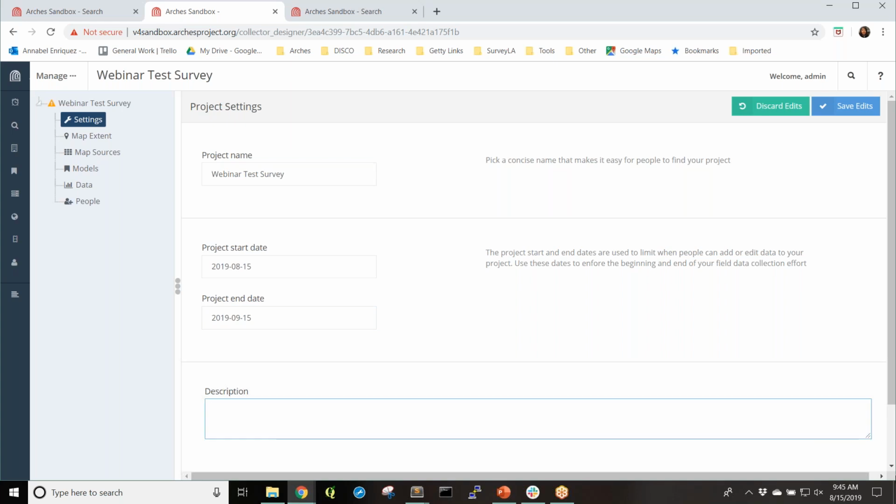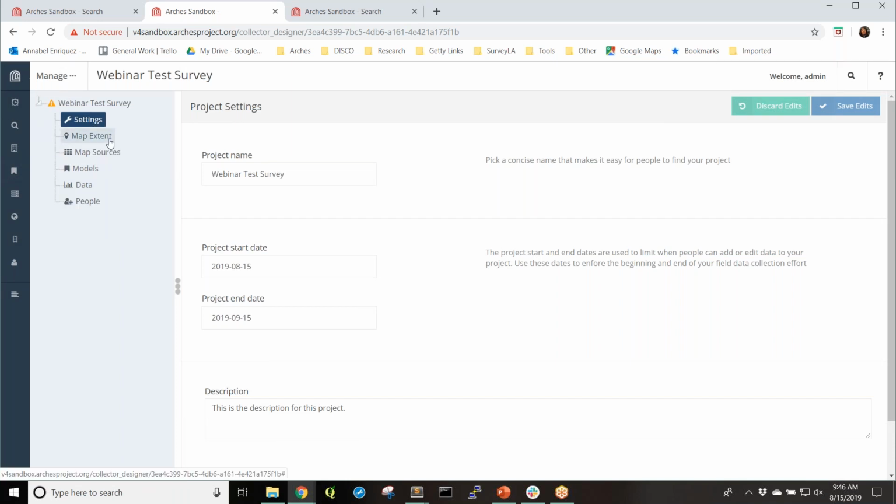And then I will describe it so that the people who are using Arches Collector and are hooked up to this particular instance will know which project this is, because one thing to note is that you may have multiple projects going on at the same time, and users might also be participants in multiple projects. So it might help to have this description. This is the description for this project. Okay, so now I'm going to go to the right-hand corner and save this